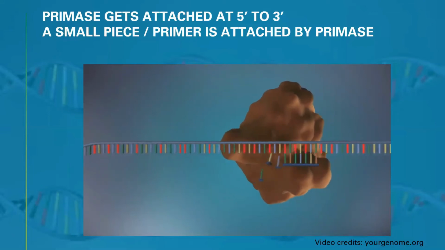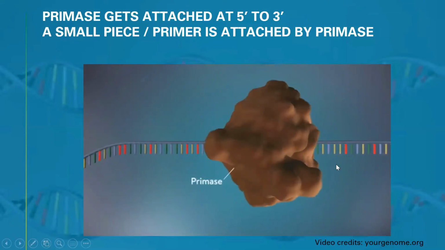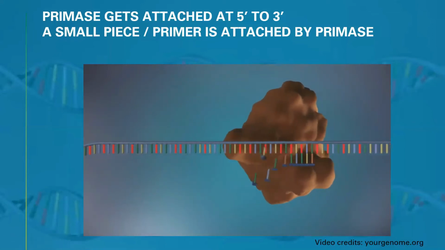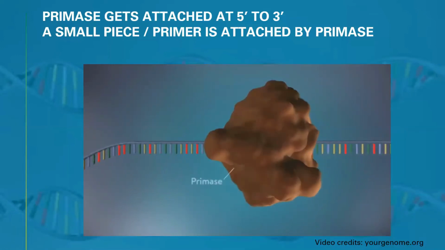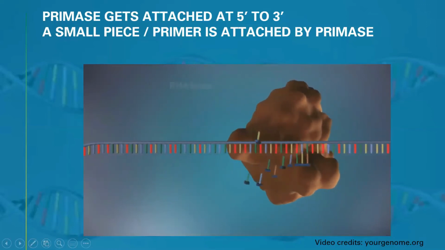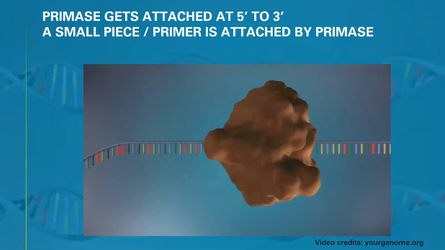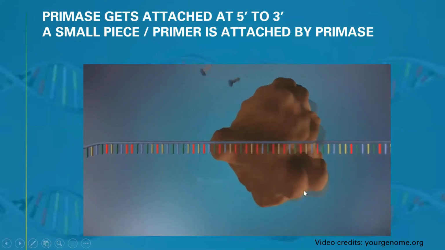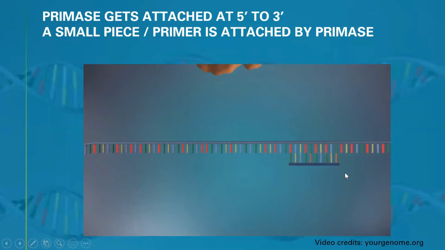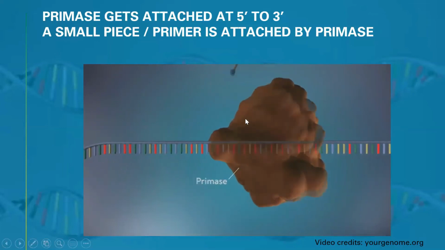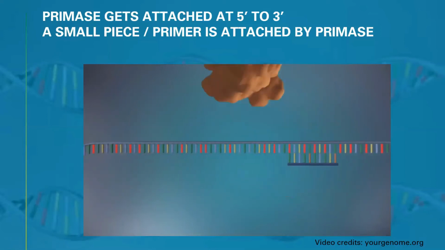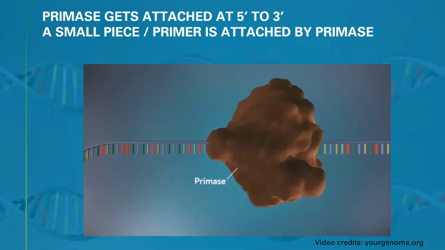You can see here the small piece of primer. What is this small piece of primer? This is nothing but a small stretch made up of nucleotides. It acts as a knot on the strand where other nucleotides can be attached. Otherwise, what may happen is that one nucleotide comes here, a second gets attached, and by the time the third is coming, the first one is released. So it acts as a knot on the thread so that the process of polymerization can easily occur.